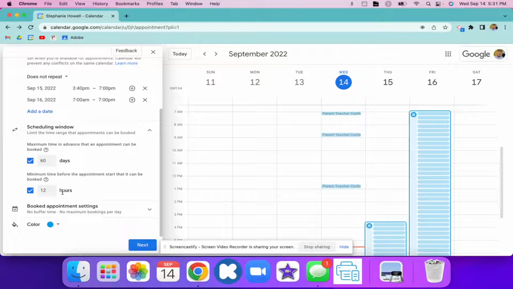So that way, if a parent didn't sign up and you do have a little bit of a gap, maybe you want to know 4 hours before. You can decide that. Or maybe you want to give parents 1 hour before that time to schedule. Right here,